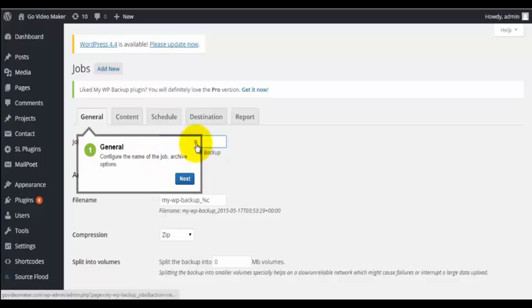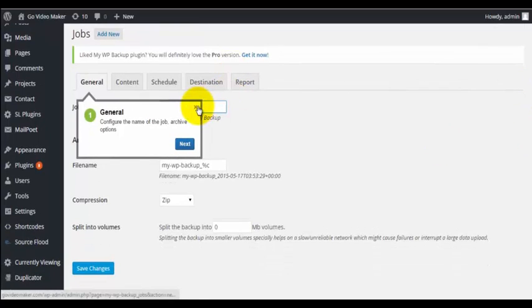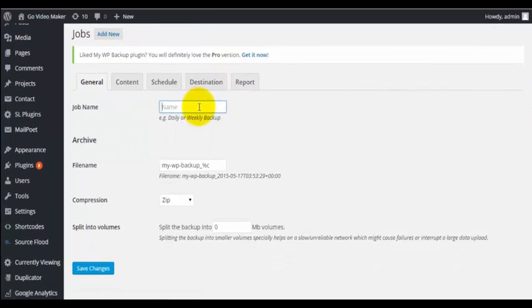Let's name it Go Video Maker, because my site name is govideomaker.com. For the file name, you can create your own file name.